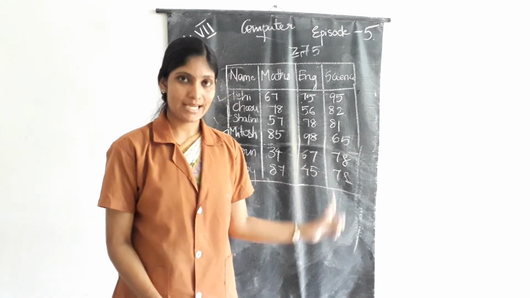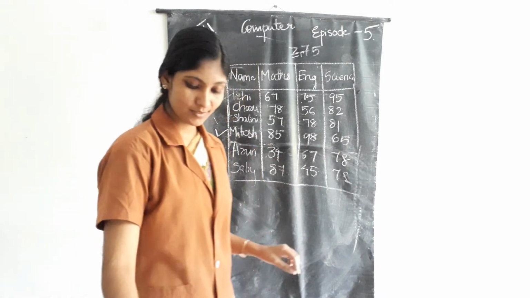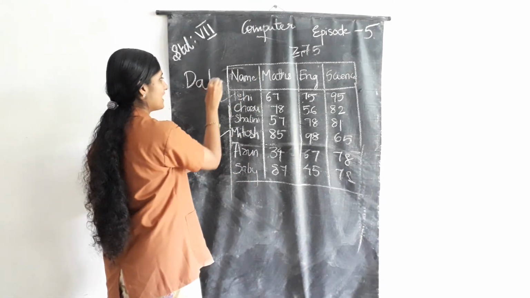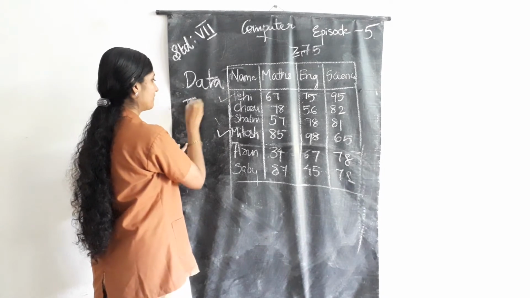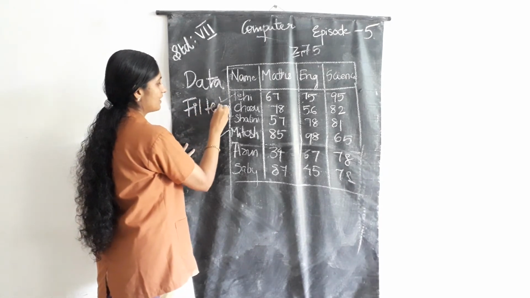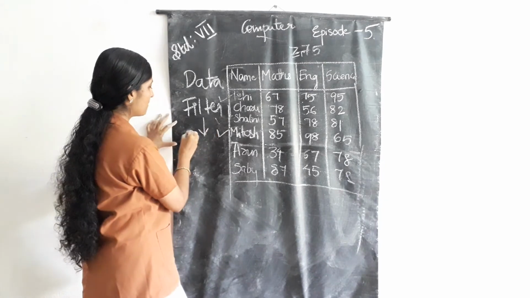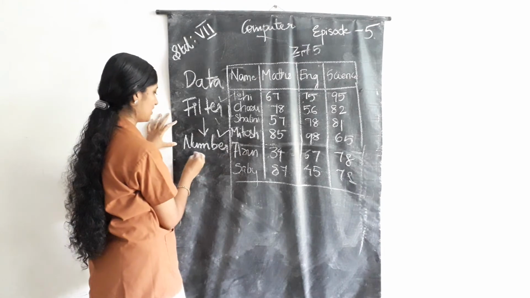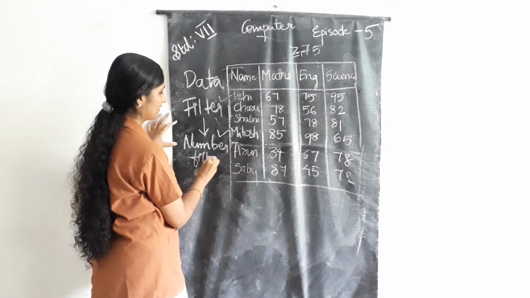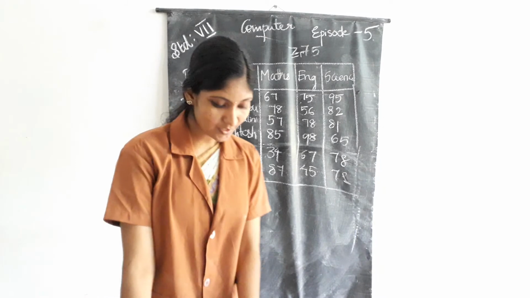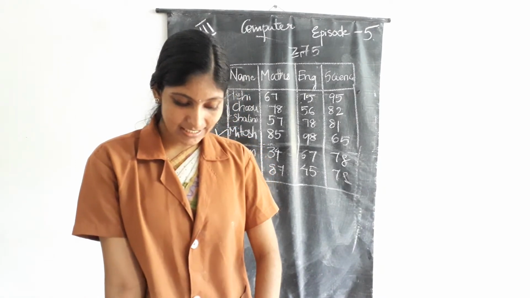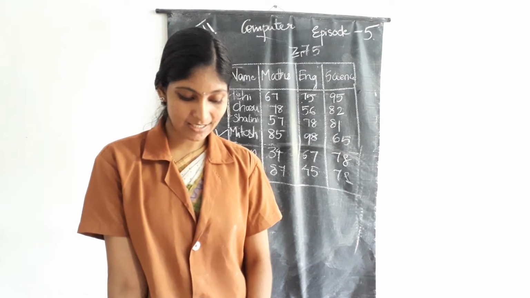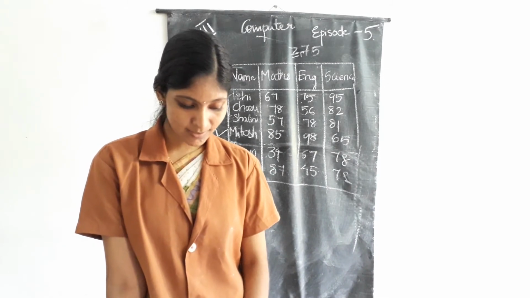First of all, go to the Data tab. So the steps are: first go to the Data tab. In the Data tab, there is an option that is Filter. When we click Filter, we can see a Number Filter option, and here we can enter the condition. Look at your text. You can enter the number which is greater than 75. So you can enter the value 75 in the text box.